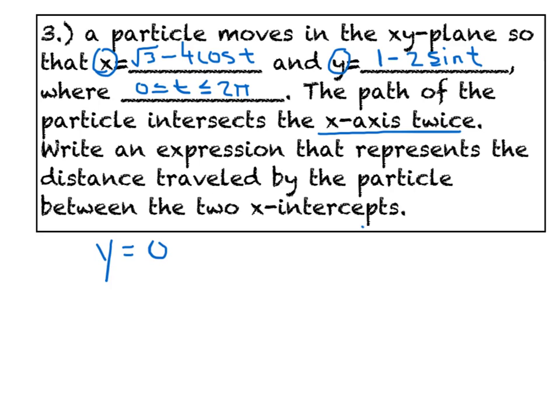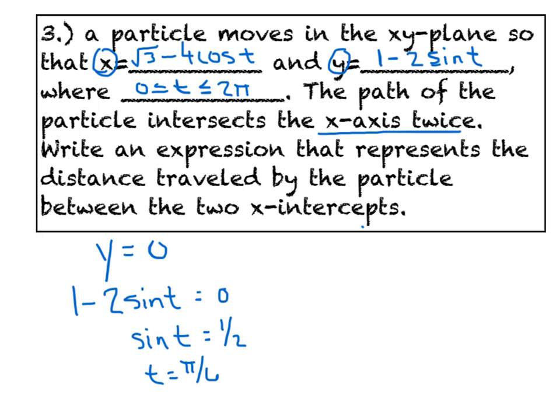So all I got to do is take that expression that I have for y of t and set it equal to 0. We get that the sine of t is equal to 1/2. And there are two solutions for that within the interval 0 to 2 pi. One when t equals pi over 6, and then another one in the second quadrant when t equals 5 pi over 6. So those are the two moments where it crosses the x-axis, and now they're looking for the total